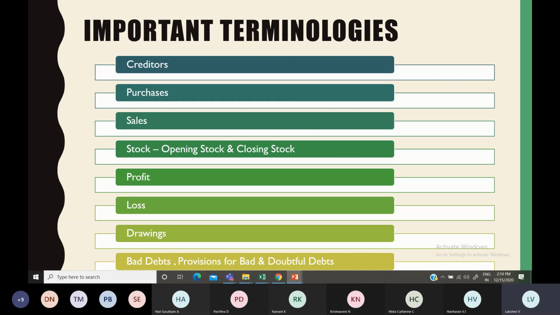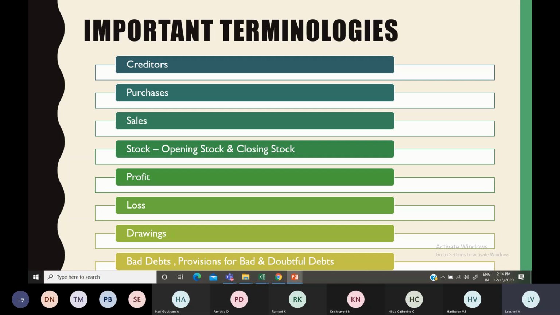Here there is a risk of loss, that the debtor, that customer, may not turn back again, or he may not pay me again. So 1 lakh worth of goods I would have sold him on credit, but that 1 lakh I couldn't get back, or 50,000 or something. If I am not able to get it from him, then that risk I'm facing is known as bad debts.